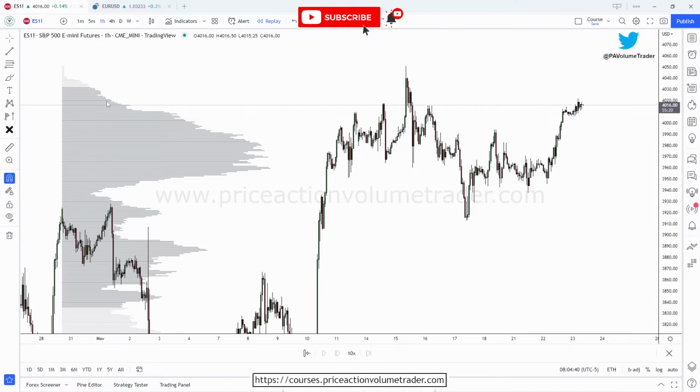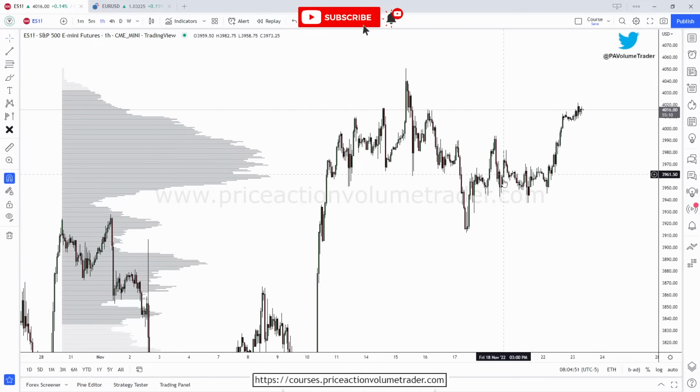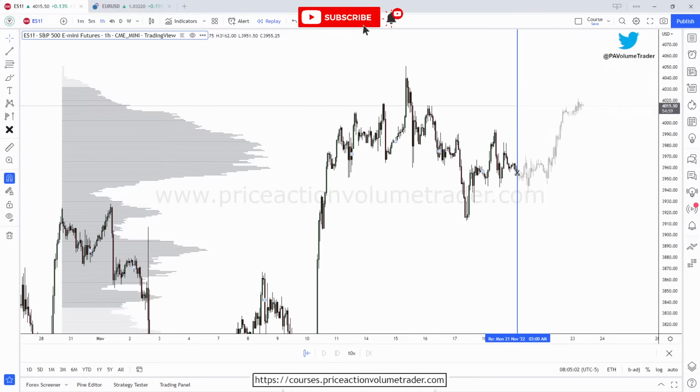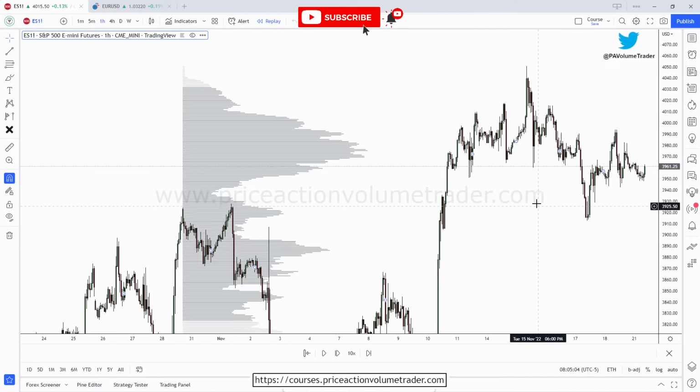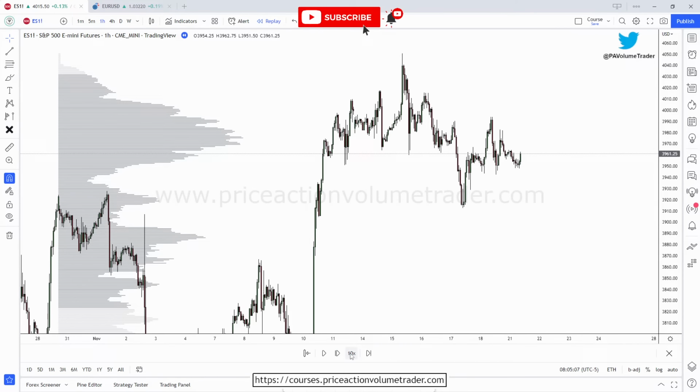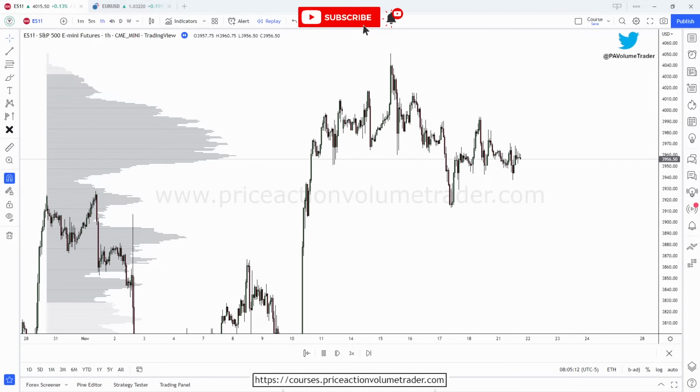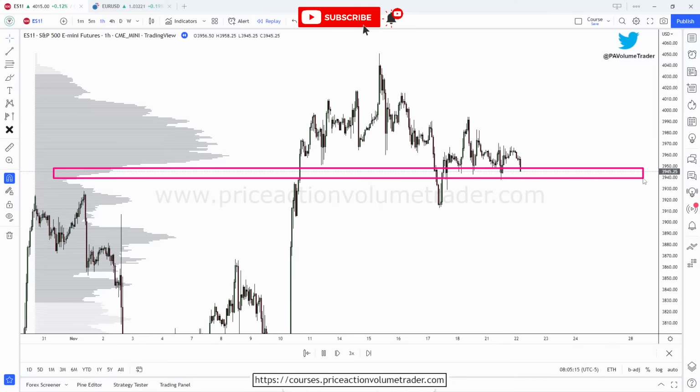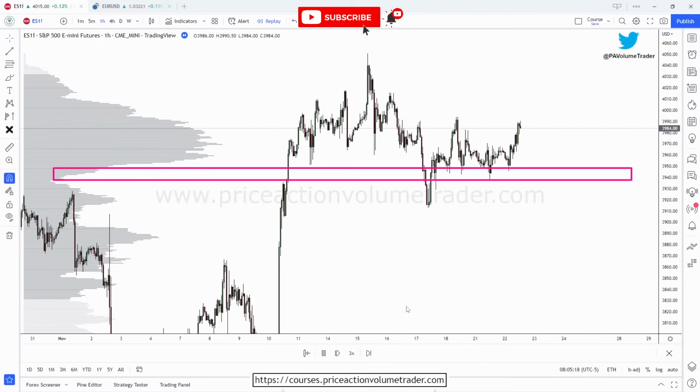So over here, obviously this profile is already all the way developed into the end, but let's just do a chart replay. Let's cut off the chart right here. Okay, let's just do a chart replay. Let's cut it off right here. And now let's just hit play here. Let's put it at 3 times speed. And so now what do you see happening? We have a clear level of support here